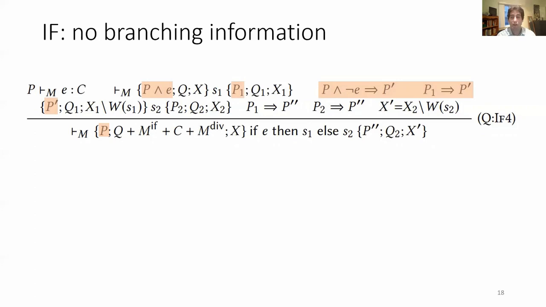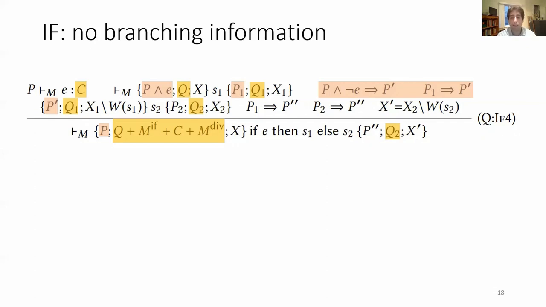We also require that the precondition is implied by the postcondition of the then branch, because remember, if the warp diverges, the if branch and the else branch might happen in sequence. We need enough starting potential to evaluate the condition, pay for the if statement and the possible divergence. We then take the remaining potential Q and thread it through the if branch and then through the else branch. Finally, when we evaluate the else